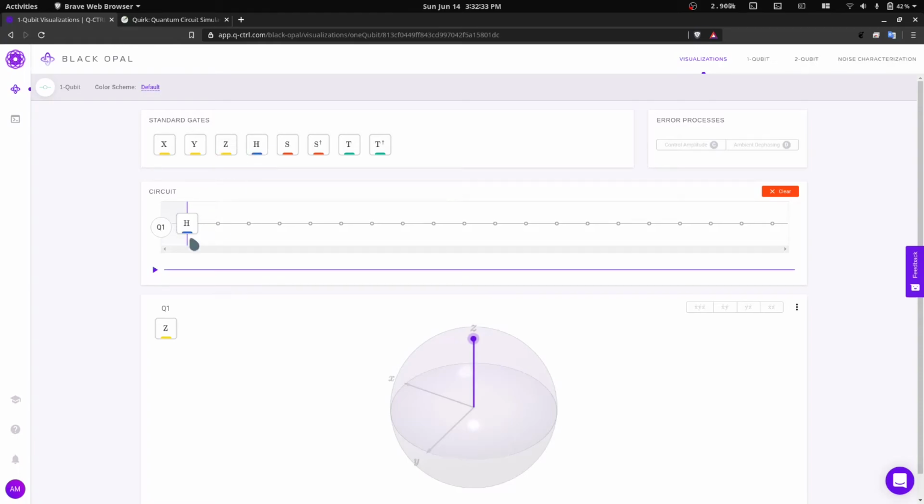Now we'll apply the Hadamard gate. It will be an interesting output to see how the Hadamard gate responds to the given qubit. So what we notice here is the given qubit went from 0 to along the x-axis, which I've already told you is nothing but the plus state, or you can say 1 by root 2, 0 plus 1. So when it is here, it has a 50% probability of being 0, which is up, or being 1, which is down, if we measure this qubit right now.